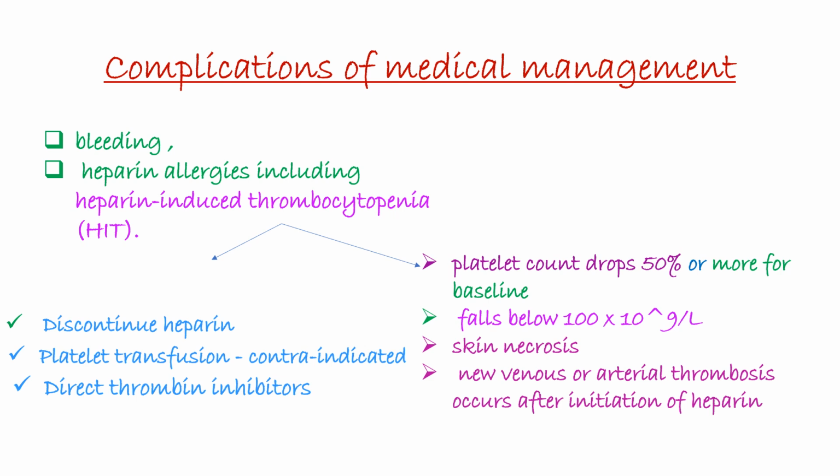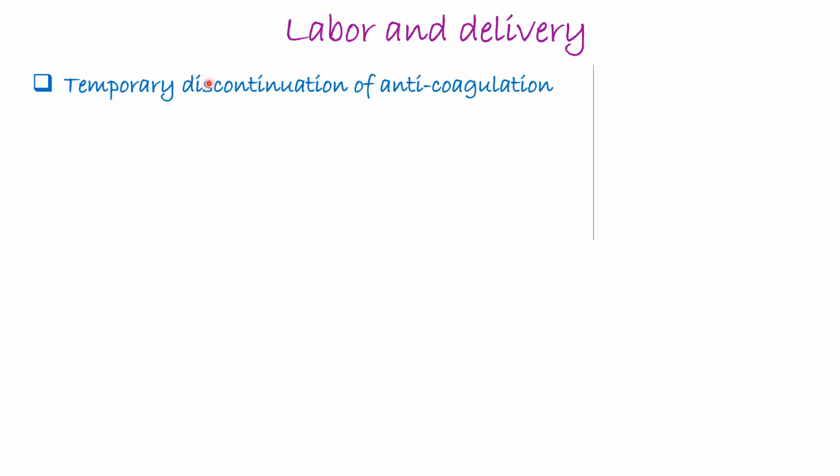What are the examples that we said of direct thrombin inhibitors? What did we say? The Batrans and the Deans, lepirudin. Yeah. If you're forgetting, you can just move to the previous slides. During labor and delivery, just a repetition of most of the things that we have said. Number one, we have temporary discontinuation of the anticoagulant, and the reason for this is for availability of regional anesthesia. So if you are already on anticoagulants,